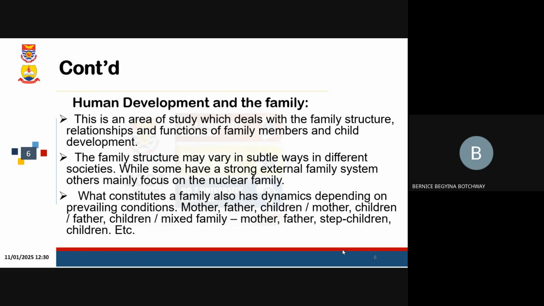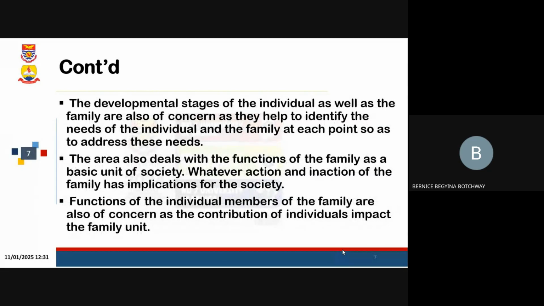And then when it comes to the human development aspects, we can talk of caring for a child, the transition and the various stages that each child goes through, from childhood to adulthood, the things each child will need at each stage of their life, and at each stage of the family life cycle, what the child will need to grow well.